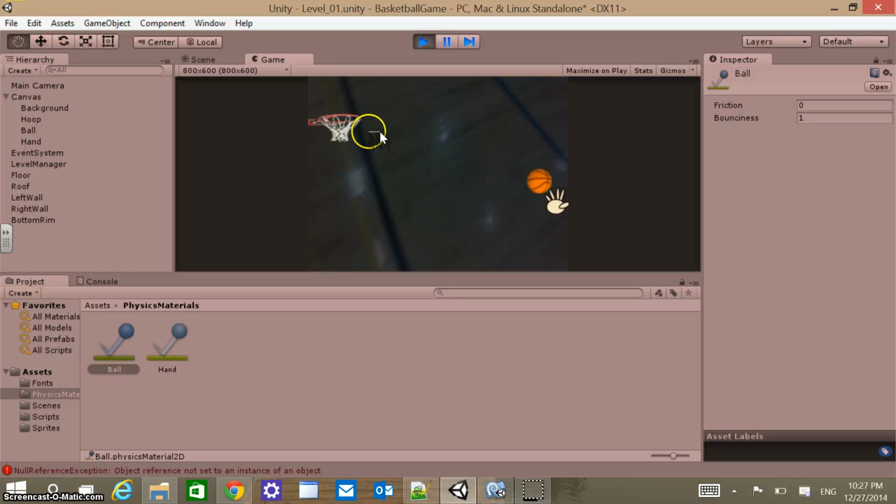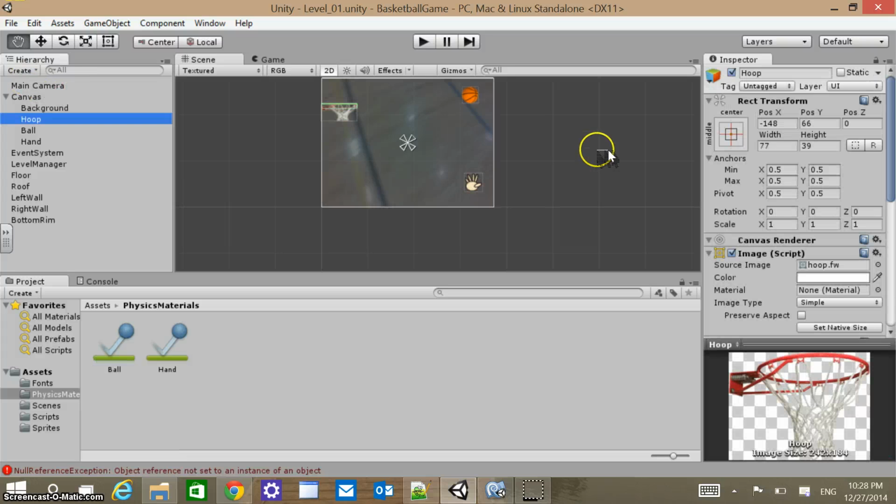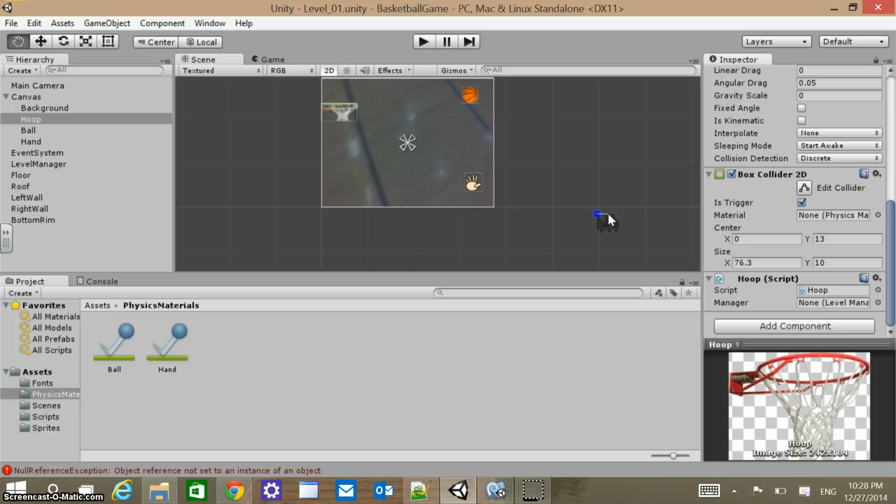Notice that it's not handling that hoop collision yet. I must not have put in the hoop script yet, because when I collide on the top there, it should go to the level manager. So I need to do some adjusting. Let's just go back and see why that's not ending. Okay, so anyways, we have some progress there. Now within hoop, let's go back here and see how that script is going. I have this set to is target. I have a hoop script, but